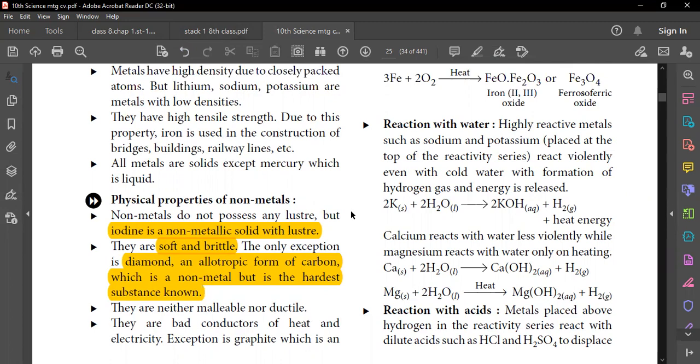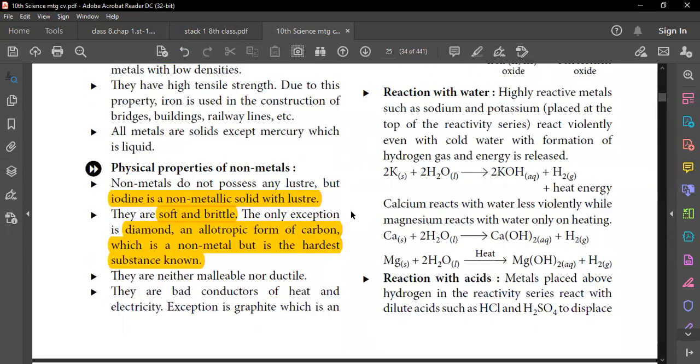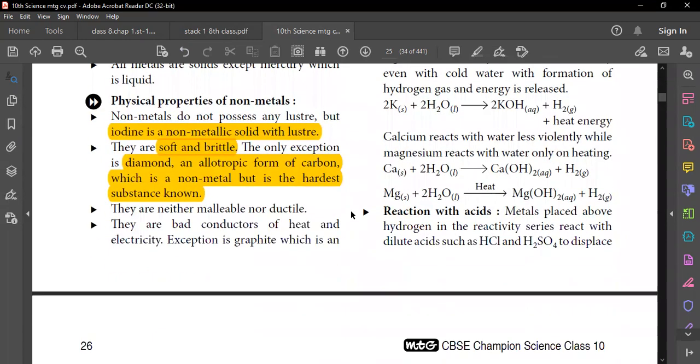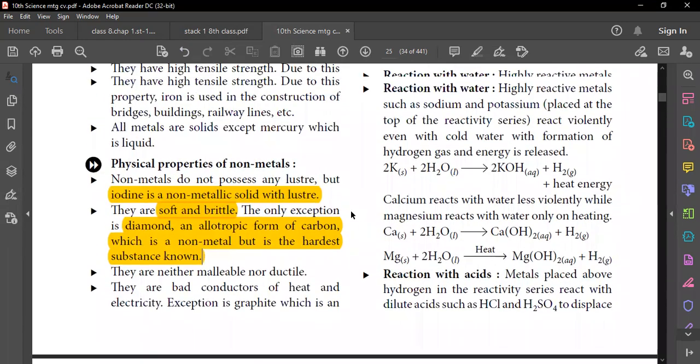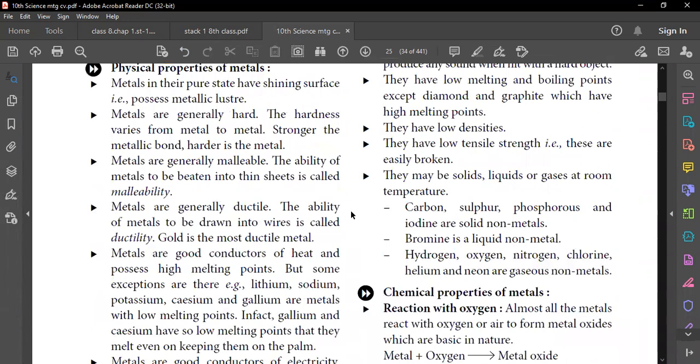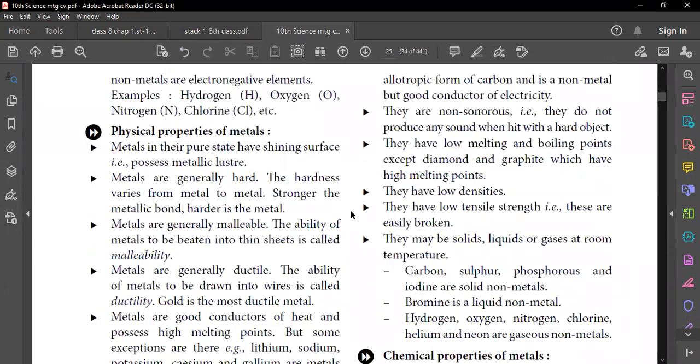So the non-metals are bad conductors of heat and electricity, except graphite, which is a good conductor of electricity. Next, they are not sonorous in nature, meaning they will not produce any sound upon hitting with a hard